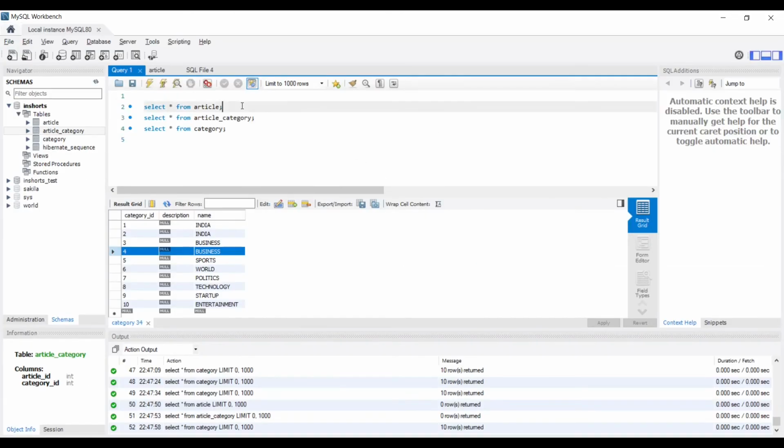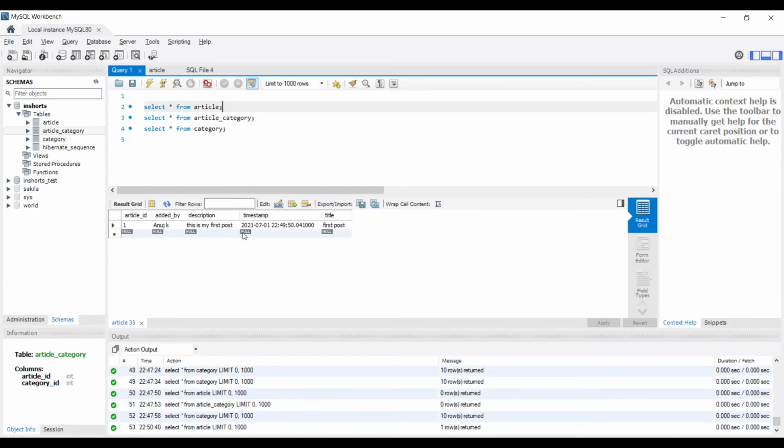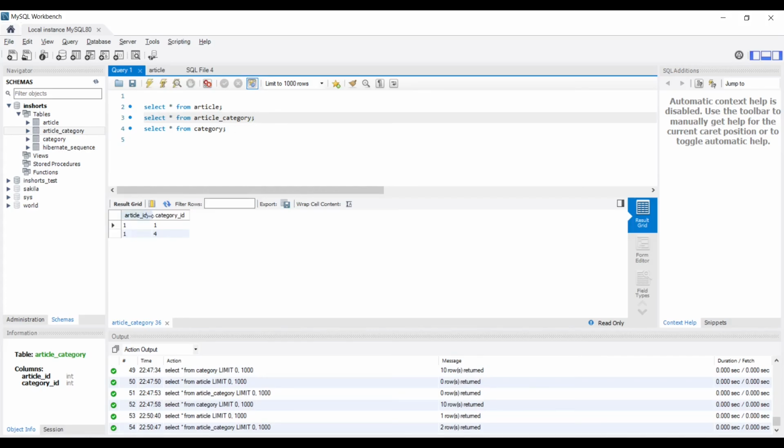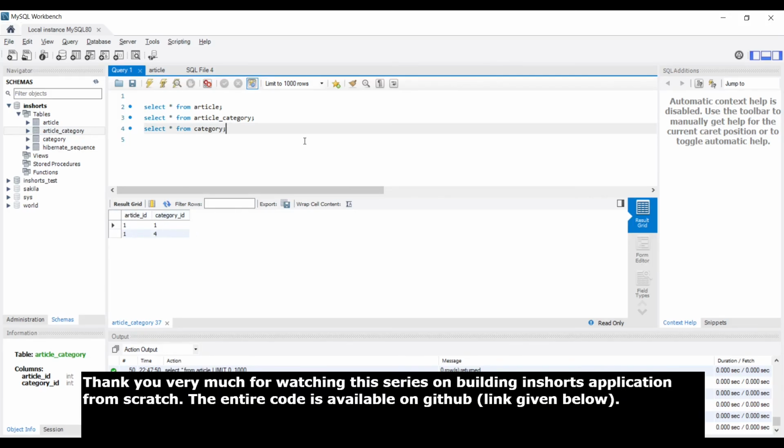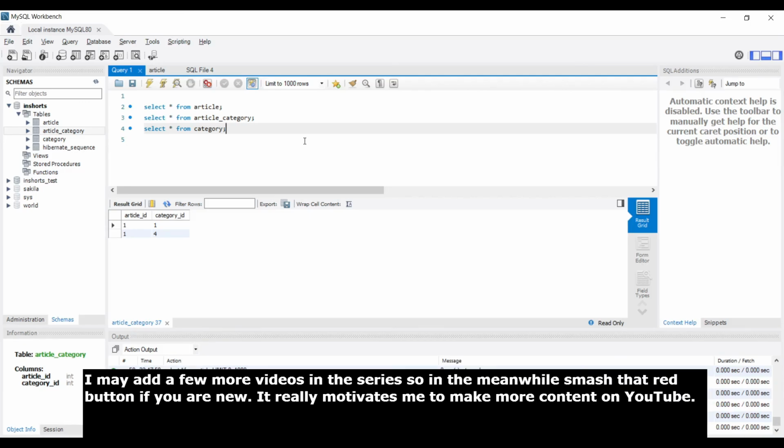Let's see how it's mapped here. In the article table, it's the same because we didn't change the schema of this table. In the article category table, this is the first article and it's mapped with category 1. The same article ID, article 1, is mapped with another category, just like I explained before. It doesn't matter whether both of them are primary keys or not, because these are the only two columns. But of course, you're going to use SQL to create tables and not have Spring Data JPA do it for you. That would be better, and you can write primary keys yourself.